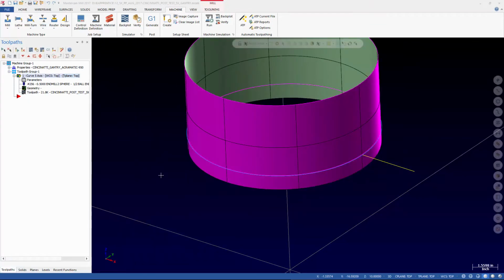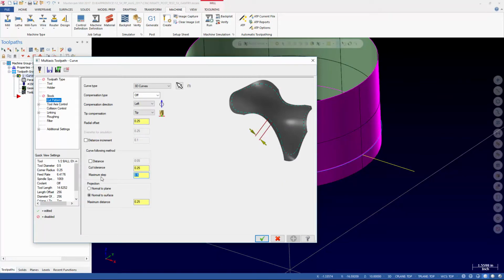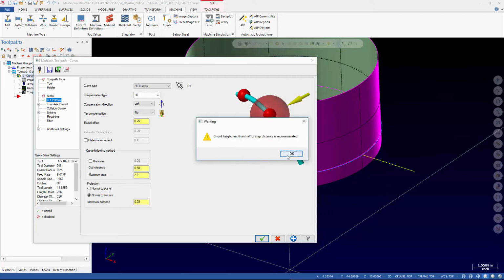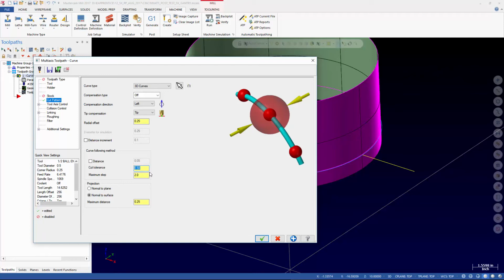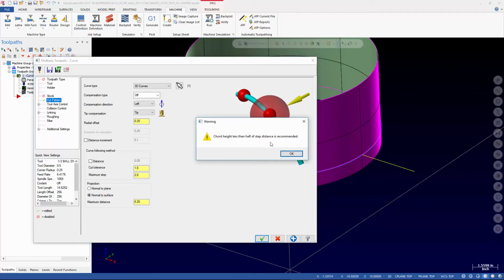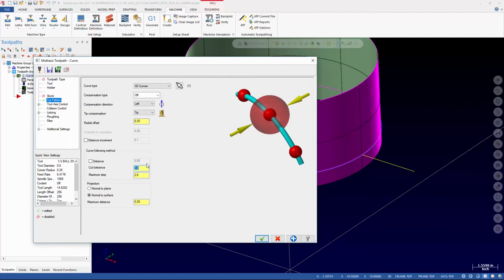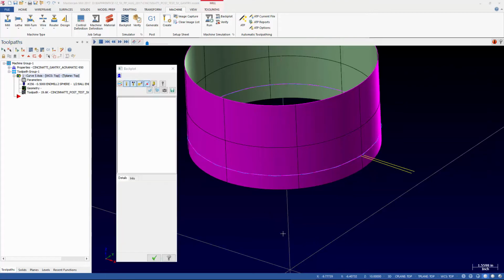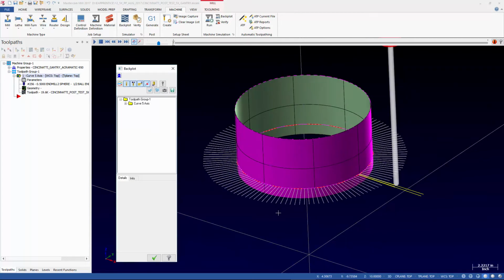Let's do this. It is barking at me. Okay, so if we have a path with a lot less vectors,